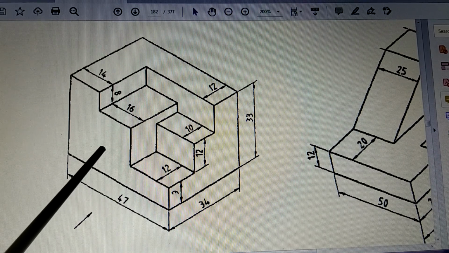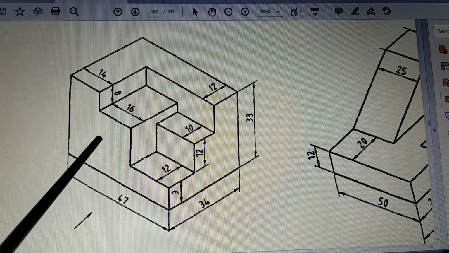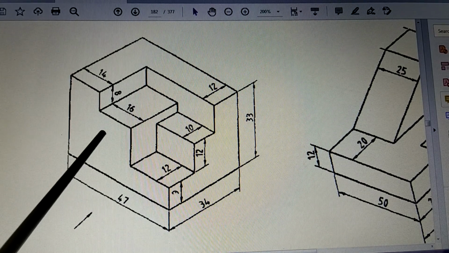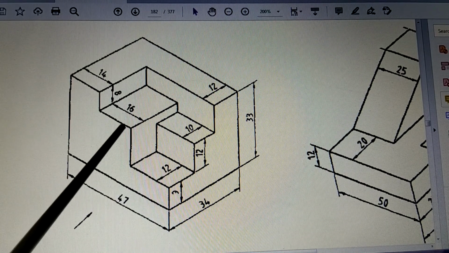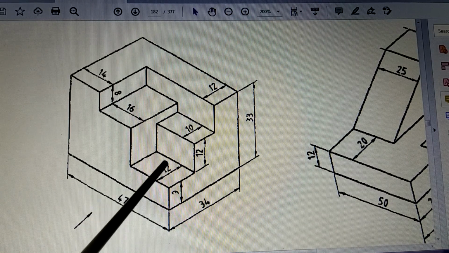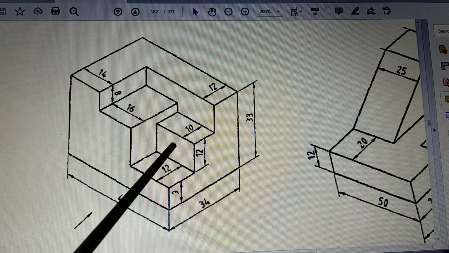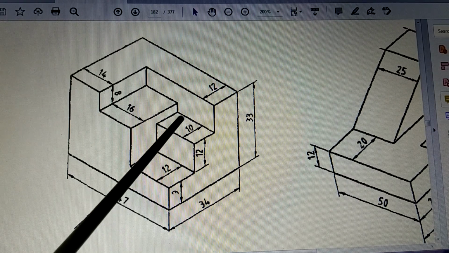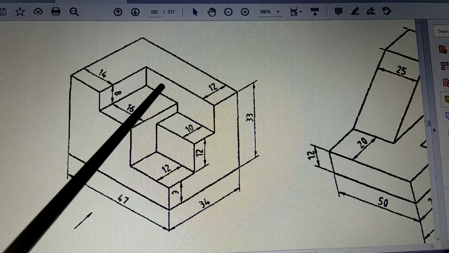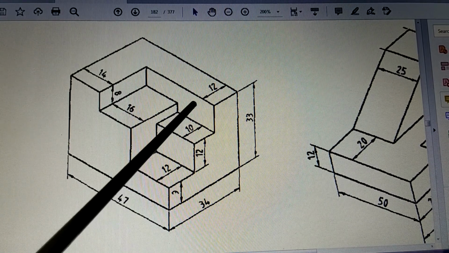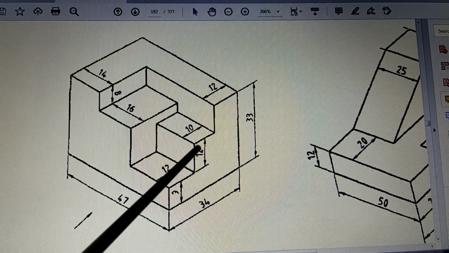If you want, you can number the surfaces. Suppose I call this surface 1. So surface 1 is seen. After that, somewhere exactly here, there is one more surface which is again seen. You can call it number 2. At the same time, this is another surface which is seen, call it number 3. So 1 and 2 and 3. These are the three surfaces which are seen.